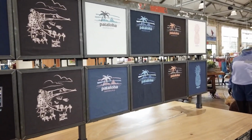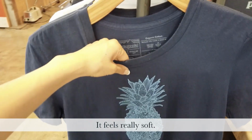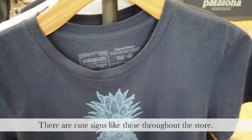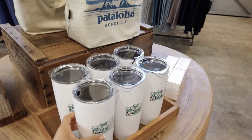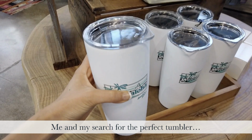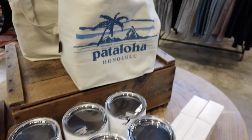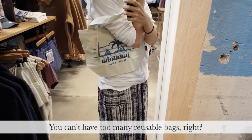It's hard to decide. ちょっと決めるの難しいです。It feels really soft. すごく柔らかい肌触りです。There are cute designs like these throughout the store. お店のいろんなところにこういう可愛い看板があります。And me and my search for the perfect tumbler. お気に入りのタンブラーがないので、いつもお店に行くとこういうのを探してます。